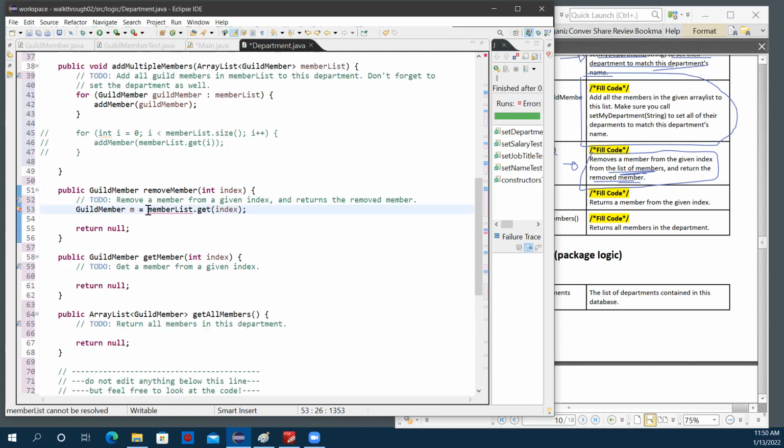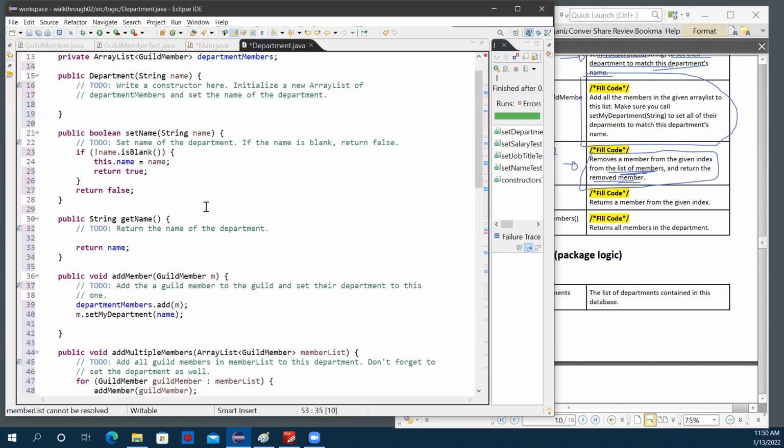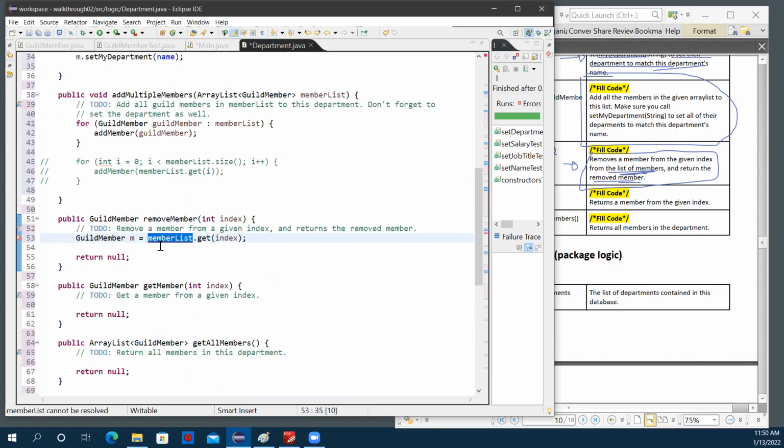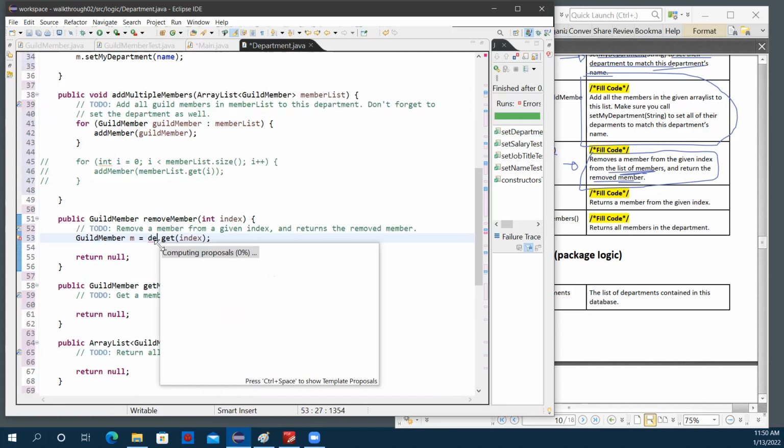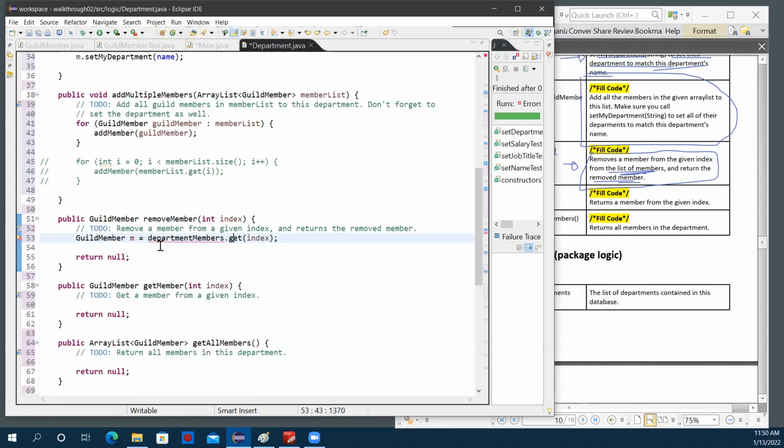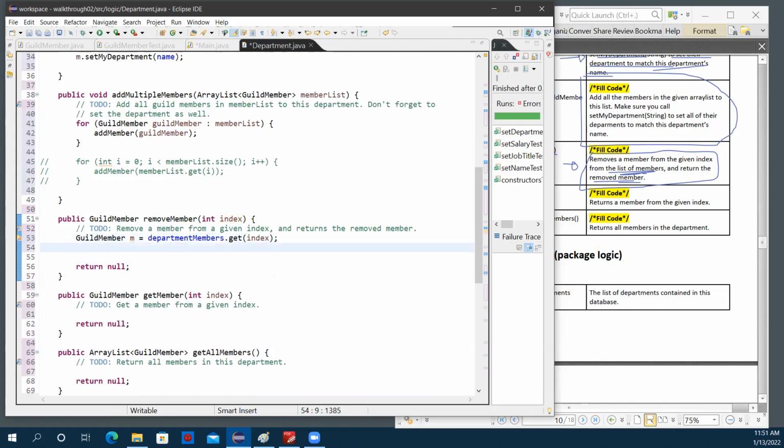Oh, it's not this one. It's the department. Sorry, department members. Department members get. So get that member so that I can return it after it's removed from our list. All right. Get the member so that we can return that member, because if we remove it, then we won't be able to have its value to return. So then